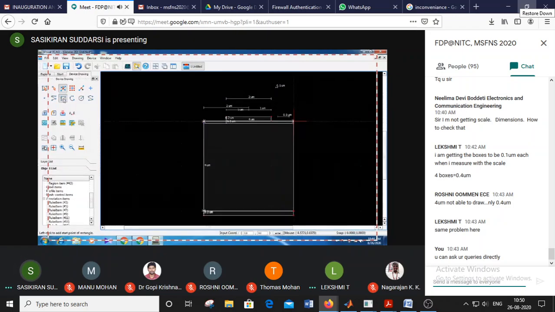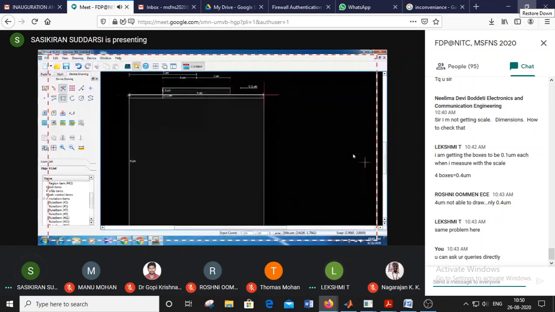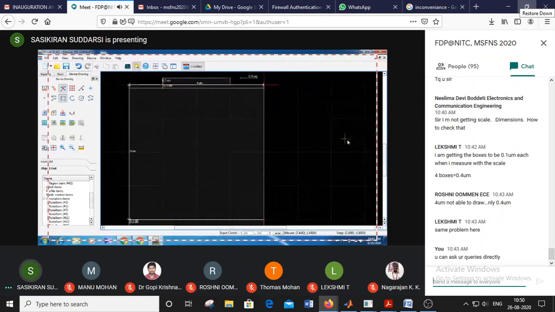That grid can be changed by using some settings. I will tell later. Okay, fine. Thank you. Just see the dimensions and the procedure how you are following. Any dimension you can make.